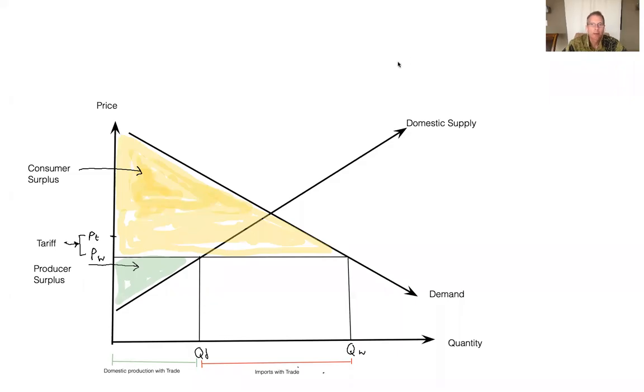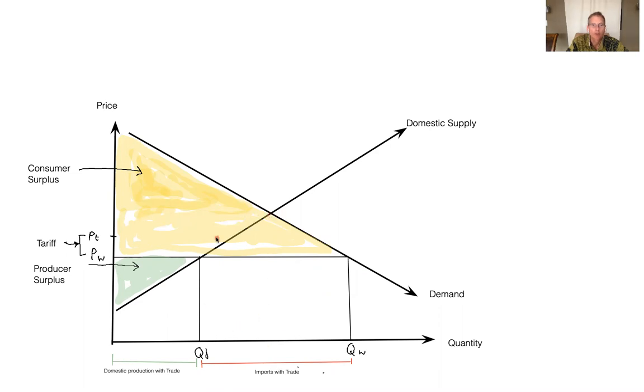Okay, so I've cleaned things up a little bit here, and this is going to be a video about tariffs and the effect that tariffs will have on this situation here. So again, I've cleaned things up a bit, and let me just highlight what I've done here. First of all, I took the old domestic supply equilibrium and demand equilibrium out at this point, and the equilibrium price and the equilibrium quantity to clean things up.